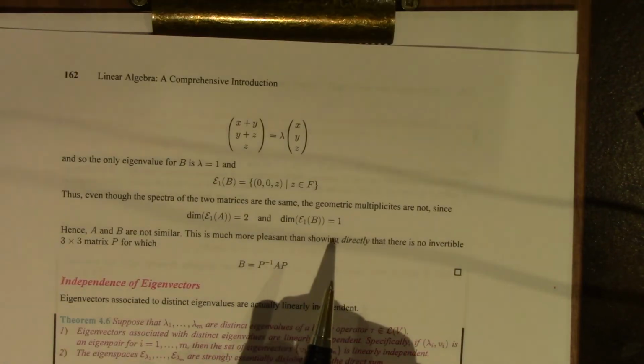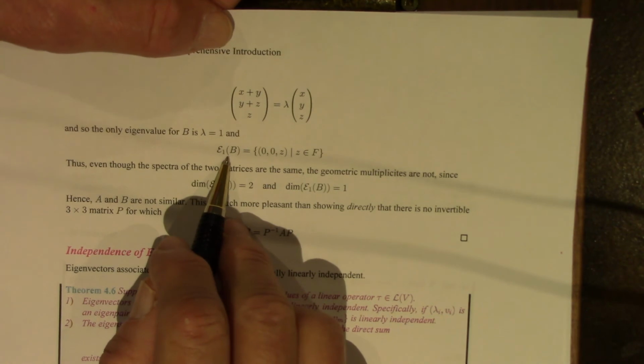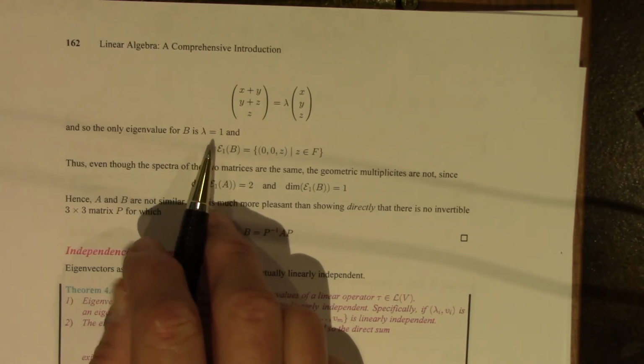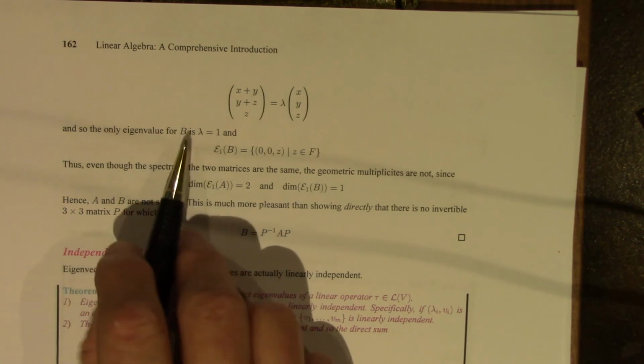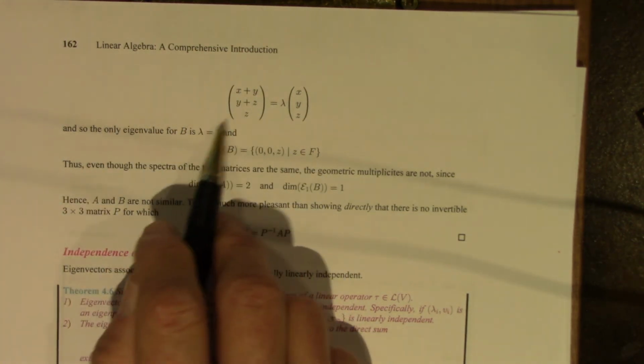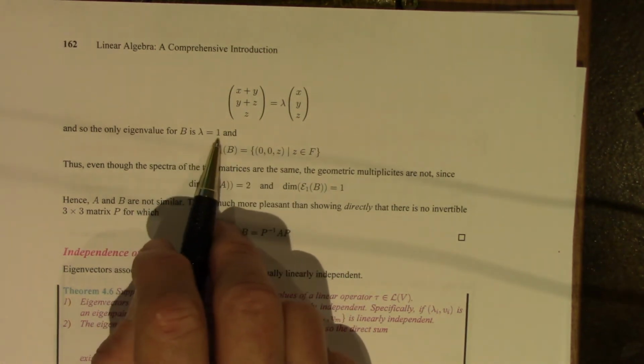For the matrix B, this is the eigenvalue equation. And the only eigenvalue is lambda equals 1, which is the same eigenvalue, the same spectrum as A. So A and B have the same spectrum, consisting just of the single scalar 1,